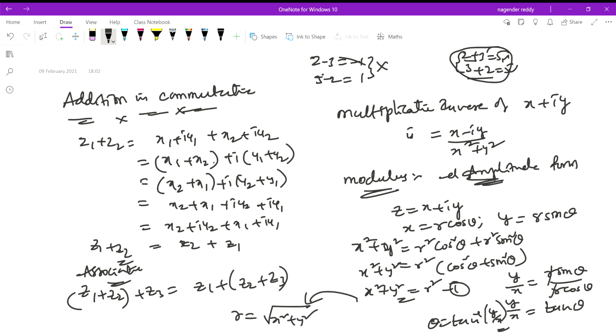Then cos theta can be written as what? Cos theta is equal to x by r, but r is nothing but this one. And y is equal to r sin theta. Then if you want sin theta, send r this side, y by r. Then r is nothing but root of x square plus y square.